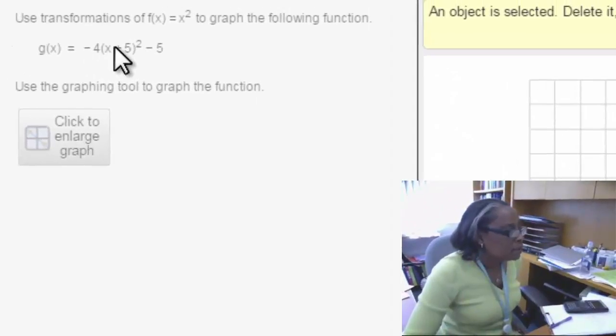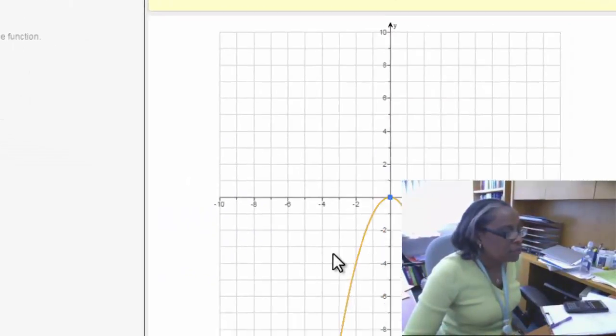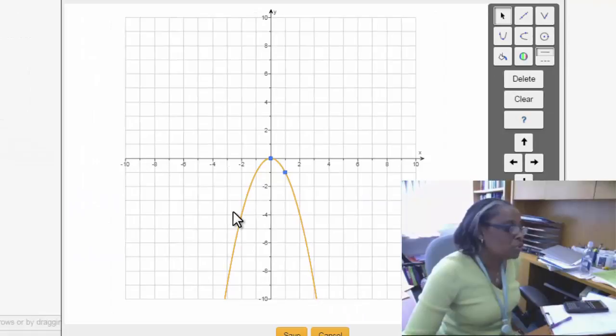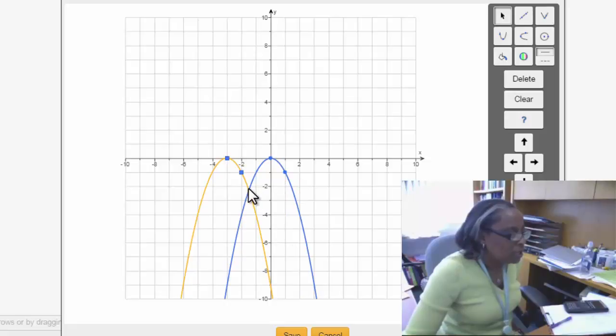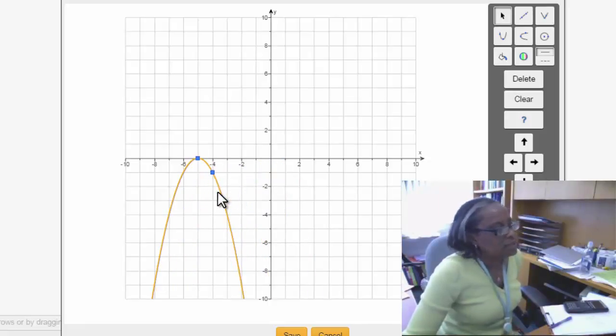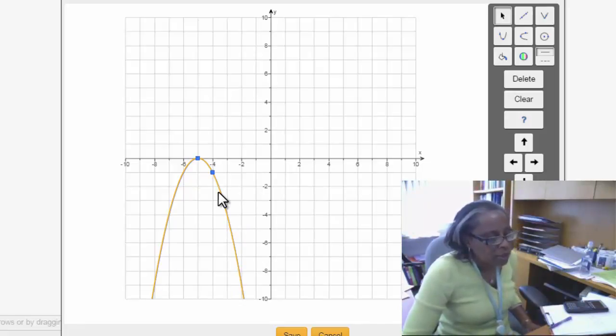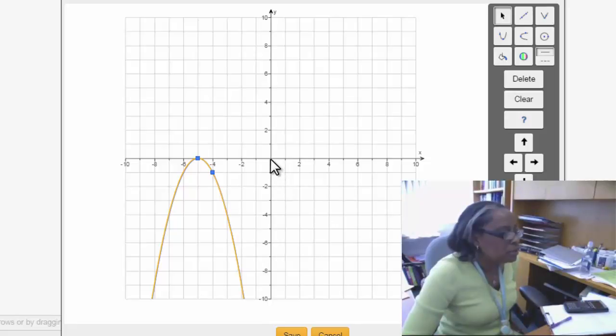Let's deal with the horizontal shift. This plus 5 tells us we're going to shift 5 units to the left. So click on your graph and let's just move it back 1, 2, 3, 4, 5 units. Okay, and practice this some. Once you've completed this one, click on a similar problem just to get used to the keystrokes there, how to maneuver with your graph. So we took this, we started at 0, 0, we moved it back 1, 2, 3,